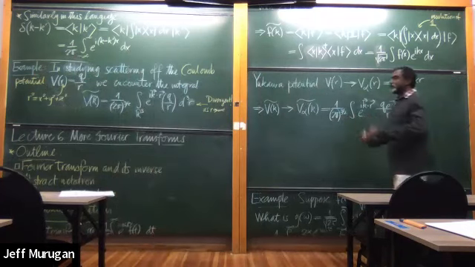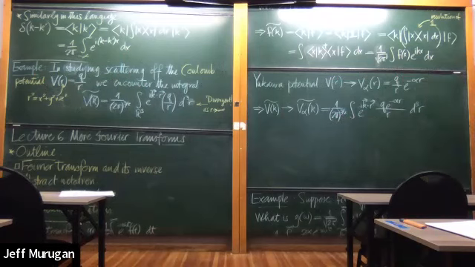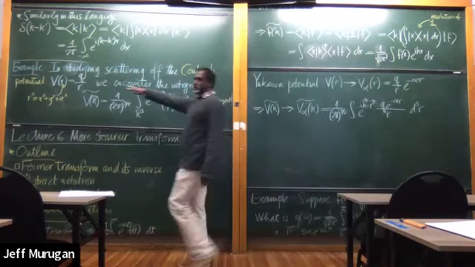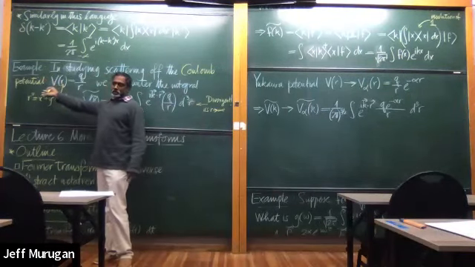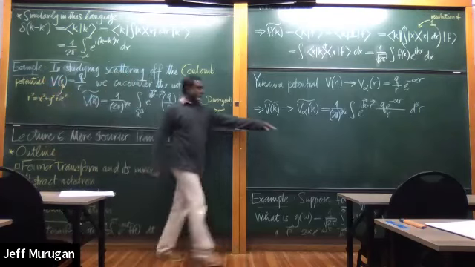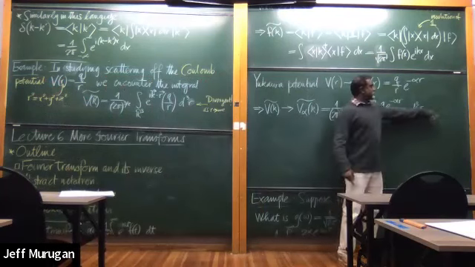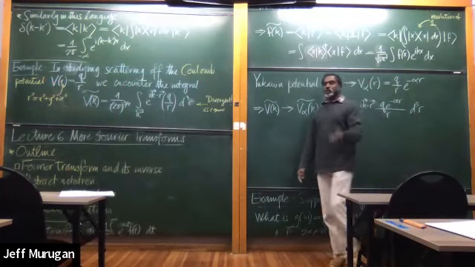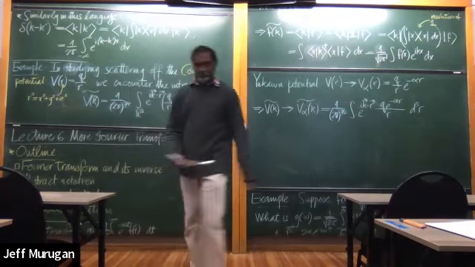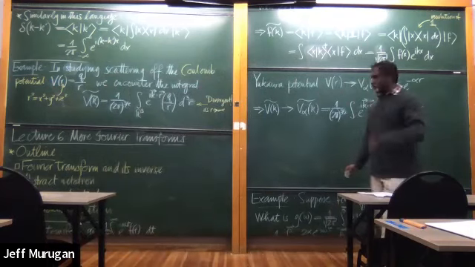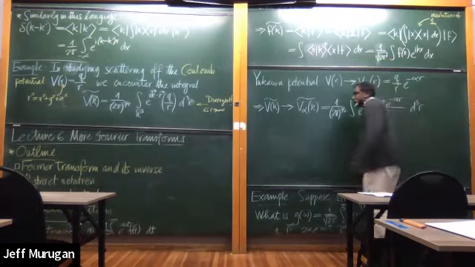Given that everything we're talking about depends only on the radial distance away from the source of this Coulomb potential, it makes sense to change from Cartesian coordinates x, y, and z, which is implicitly what I'm going to write down, to polar coordinates. So in polar coordinates, the same integral. There are two assumptions. One is that